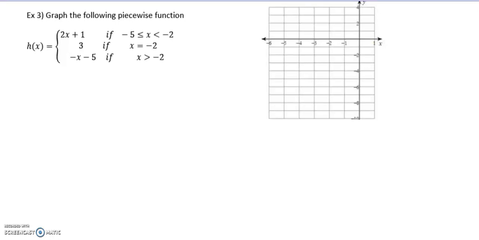Quick follow-up video here with our third example on graphing a piecewise function. When I go to graph it, first I identify what the different sections are of my piecewise. So I'm just going to label them by color so I have them. And if you remember from the first, whenever I go ahead and think about this, these are the x's, these